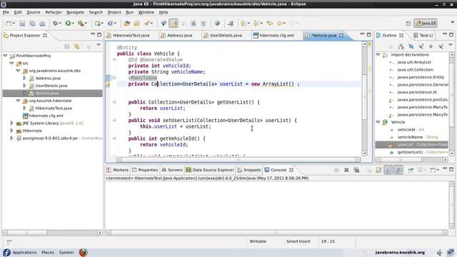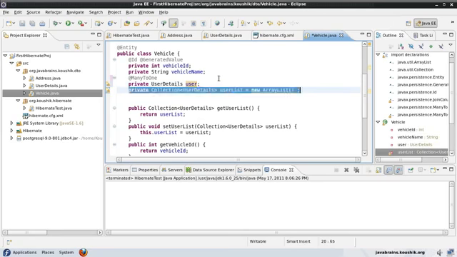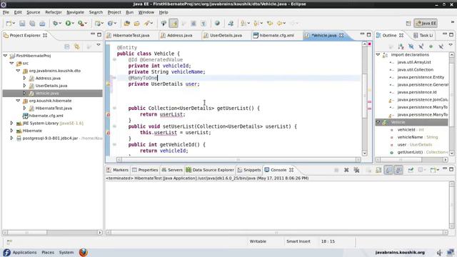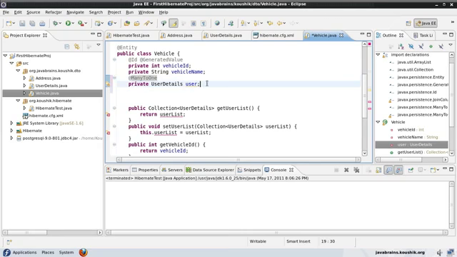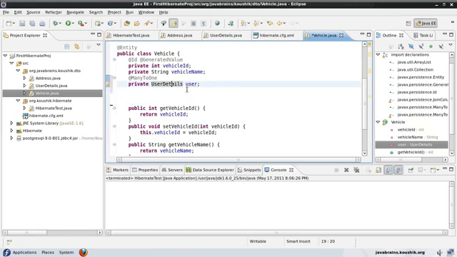I'm going to remove this now, and this would be a private UserDetails user. Now assume that this vehicle does not have an owner. I mean, this vehicle is not yet rented or not yet purchased,